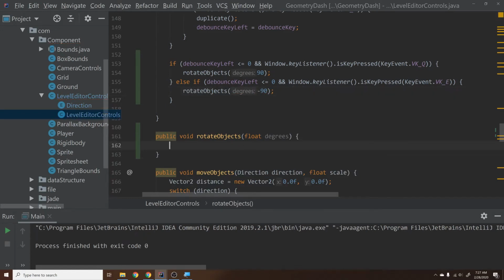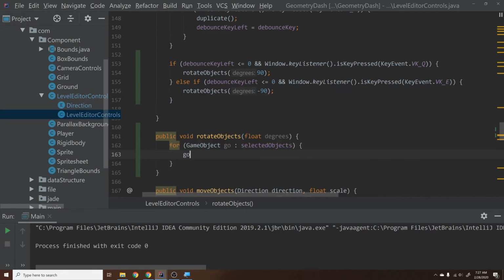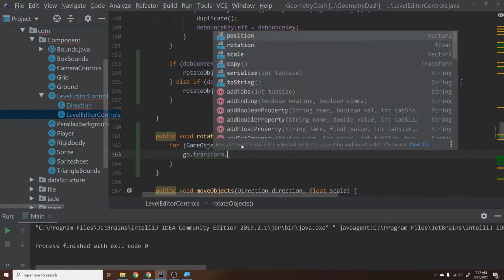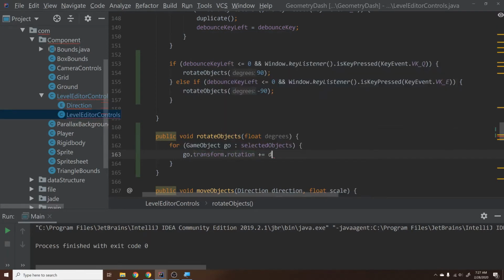And then inside of this function, it should be pretty simple. We'll just say for each game object in our selected objects, we will just say go.transform.rotation plus equals degrees. And that should be about it. So we're going to do this, but nothing's actually going to happen because we have no way to actually rotate these yet. We have no way to visually rotate them. So we may be rotating them in here. In fact, what I'll do is I'll say